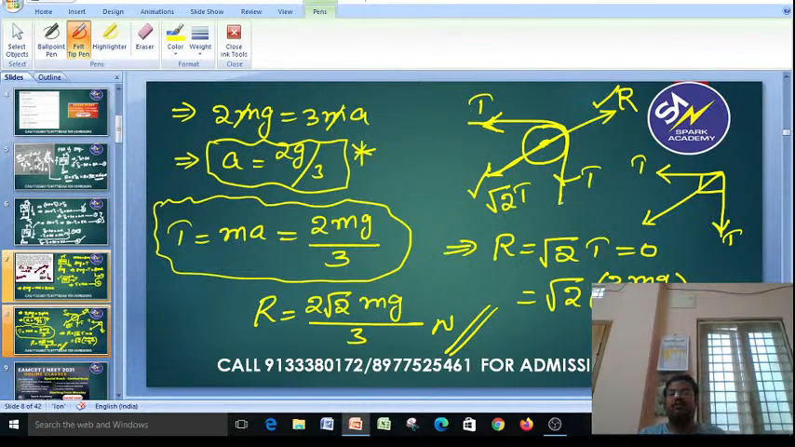Root 2, how you got? So apply this one directly. The resultant of the vector: how do you have to take the resultant? R is equal to, for two vectors acting perpendicular to each other. How do you have to take the resultant? That is, the resultant R is equal to